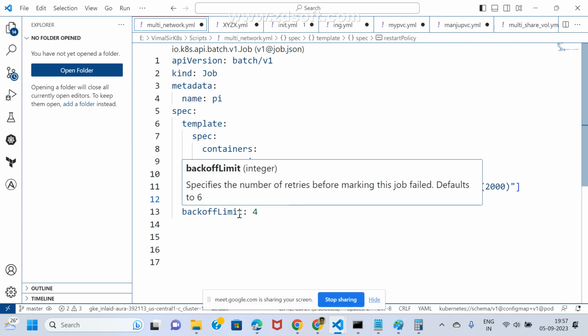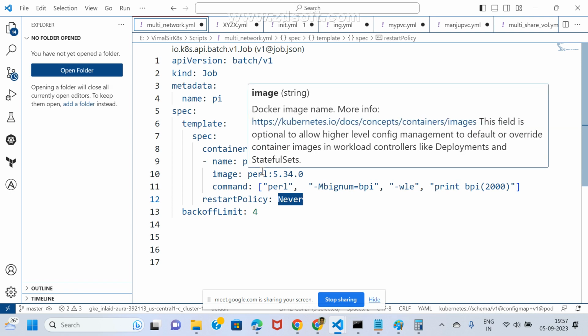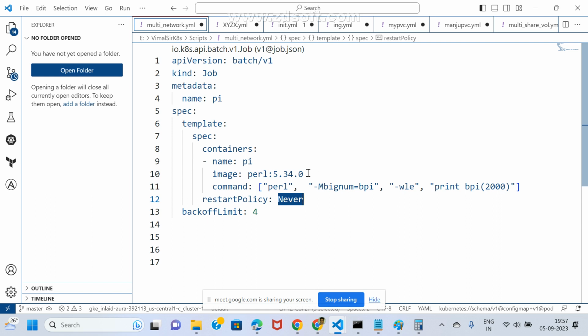Back off limit. Back off limit in the sense, if the image is not available, it will check for a second time. If the image is not available, check for a third time. If not available, check for a fourth time. From the fifth time onwards, it won't check. Why? See,